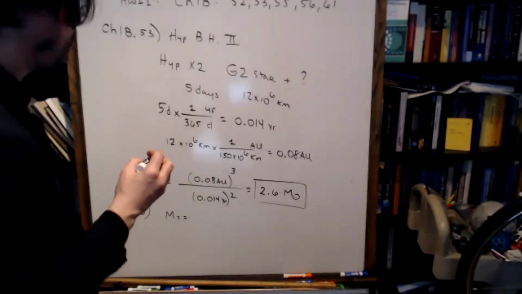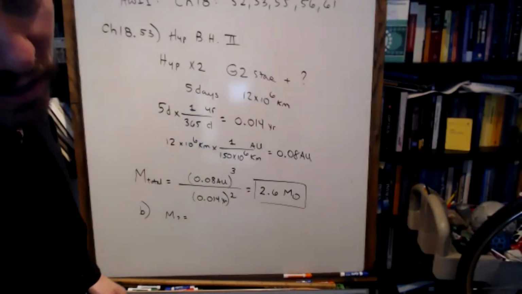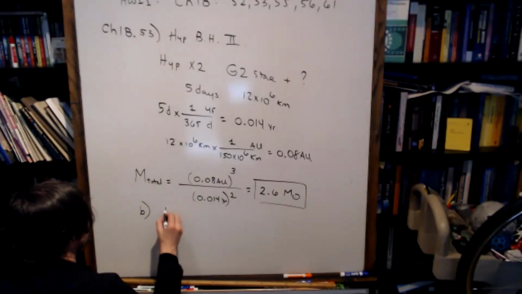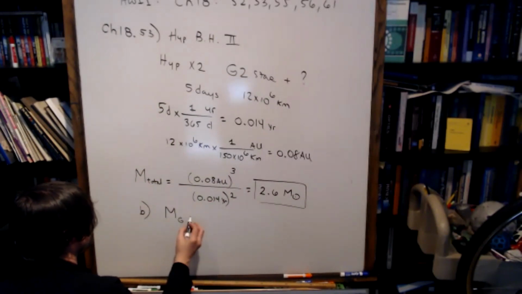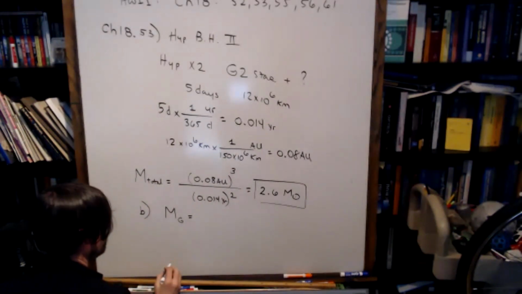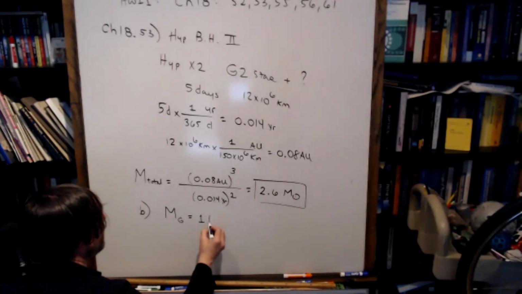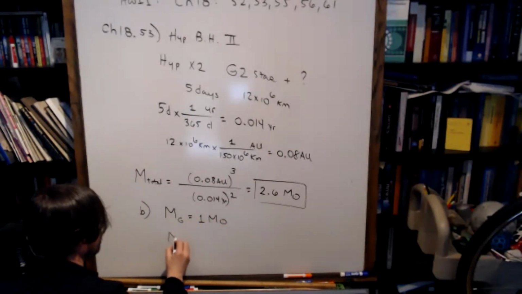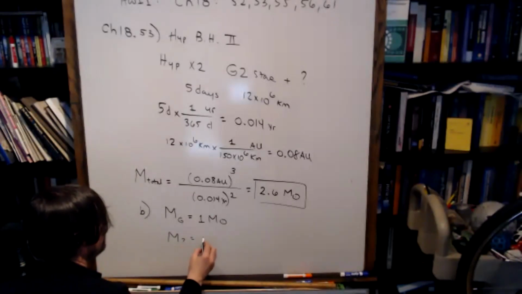What's the mass of a G2 star? You should know this without looking it up. What is the mass of a spectral type G star? About 1 solar mass. Just one. It's the same spectral type as our sun. The mass of the unseen companion then is